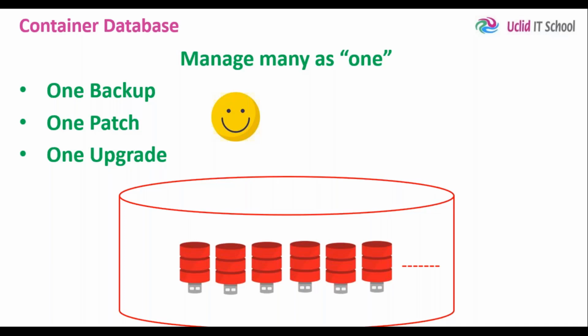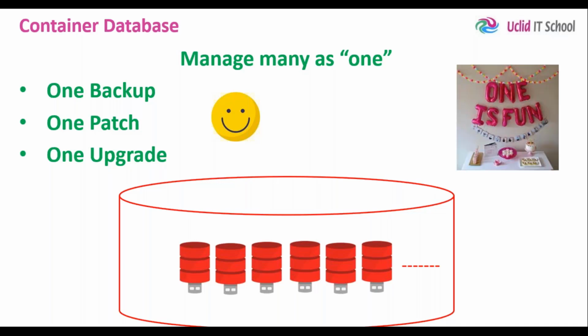And technically, Oracle allows you to consolidate up to 4,096 PDBs into one single container database. You want to put all 4,096 databases into one CDB, or 100 CDBs, or 10 CDBs. It is your decision. Oracle supports up to 4,096 PDBs in a single container database. So planning is important when you deploy multi-tenant architecture and when you migrate to multi-tenant architecture.